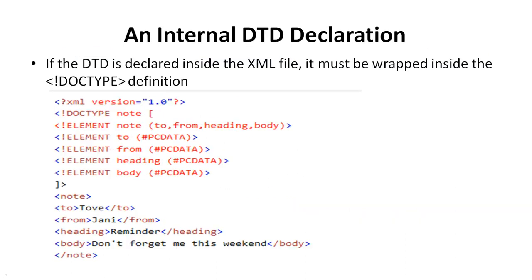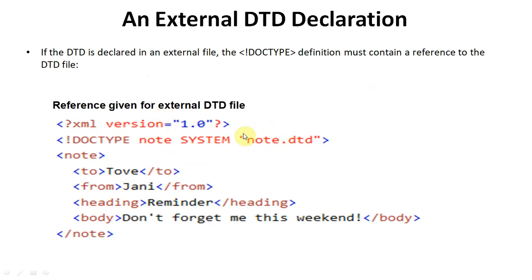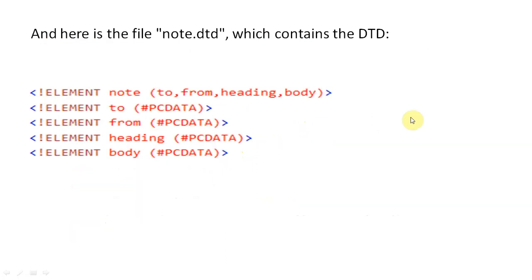In the same program, we have removed this block of DTD into a separate file, and its extension will be .dtd. The name of the DTD is node, and that's why we have written here that the external DTD file is node.dtd. Its extension is DTD. By using the SYSTEM keyword, we will then write the external DTD. So it is separated: this DTD is given in a separate file, node.dtd.